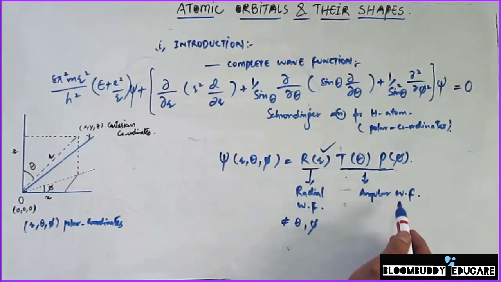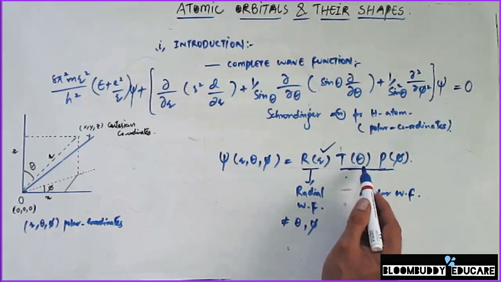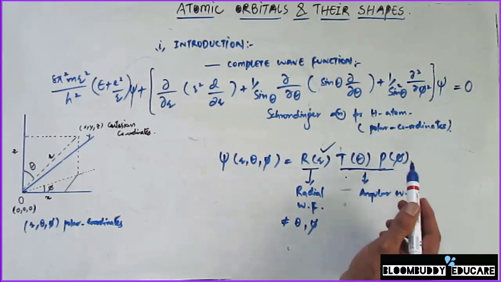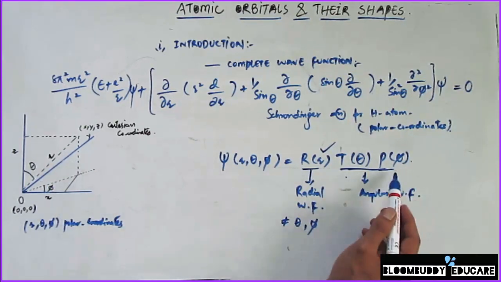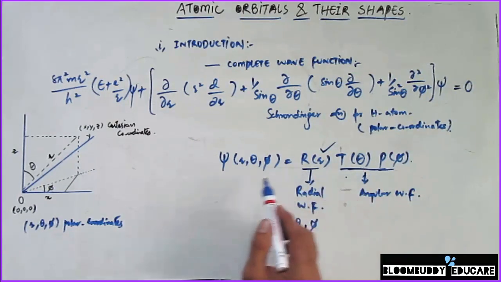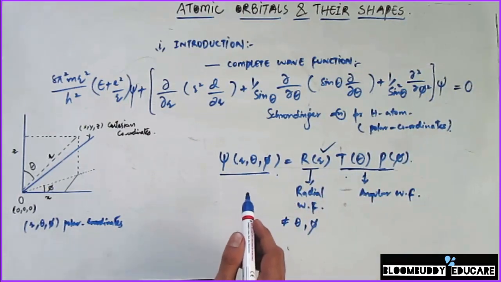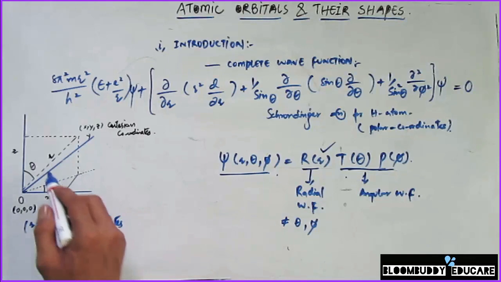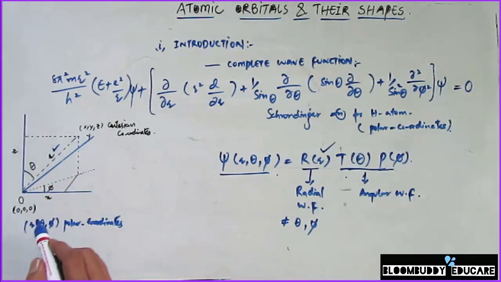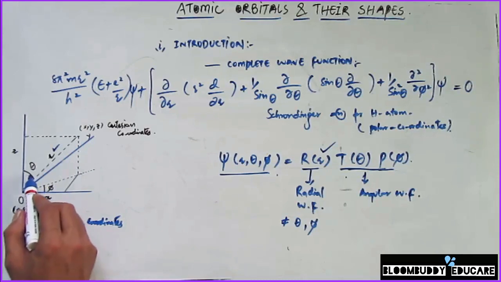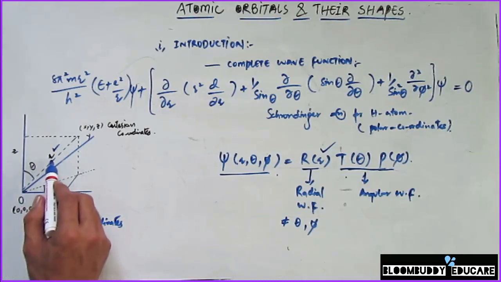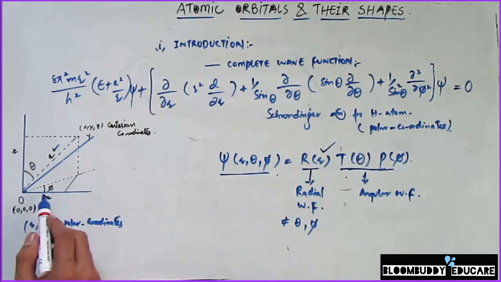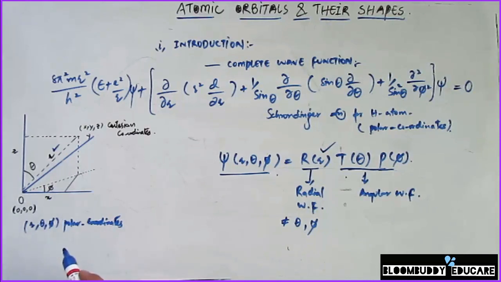Similarly, in case of the angular function, Theta is dependent upon theta, but it is independent of r and phi, and Phi is dependent upon phi, that is this angle phi, but it is independent of theta and r. So the wave function psi is dependent upon the polar coordinates r, theta and phi. Here r is the distance at which the electron is revolving around the nucleus in 3 dimensions, theta is the angle between r and the z axis, and phi is an angle wherein you can see it is moving towards the x-axis in the radial position.